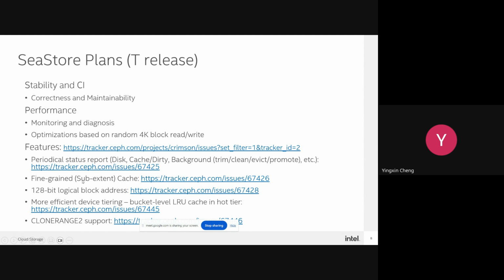If we don't implement the sub-extent level cache, when we write 4K, for example, to a very large extent, we need to read the entire extent out to access, for example, a 4K range of the extent. So this is not very efficient, and makes the FIO RBD workload bound by the I/O instead of the